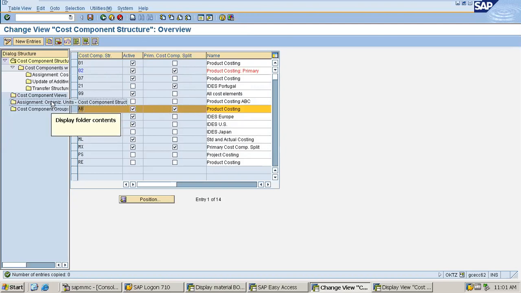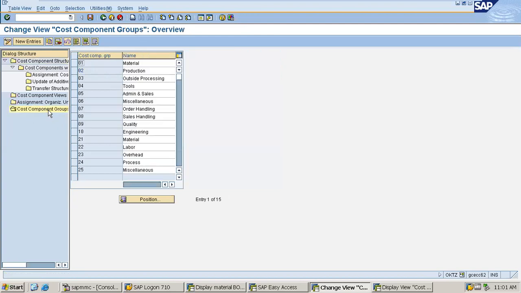Now you have to go to this one, cost component groups. Here the groupings are done, meaning for the cost component group you do the grouping. I have done a material grouping, a production grouping, and a tools grouping. That is however optional. If you want you can do the grouping, otherwise you can skip this as well.